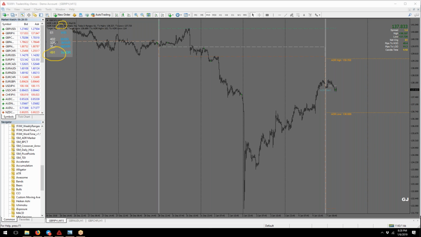Are we clear on that? So that pair moves 164 right now. Okay, keep that in mind. 164, you have to write that magic number. That's your magic number, 164. This pair moves 164 per day. Okay, why is that important? It's important because